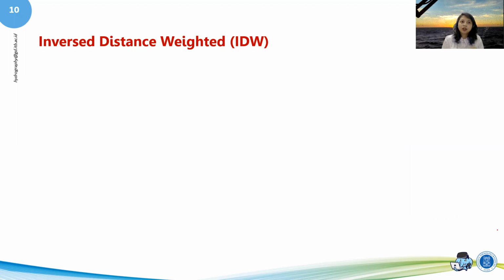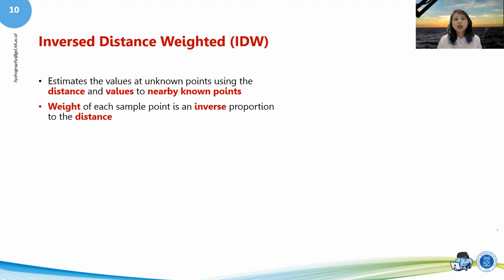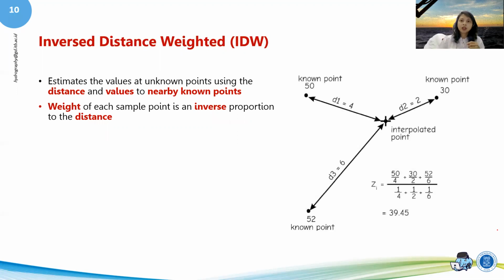The first one is called inverse distance weighted, or IDW. The IDW estimates the values at unknown points using the distance and values of the nearby known points. The weight itself is the inverse proportion of the distance. So if this is our interpolated point, and these are our data, the distance between the interpolated point